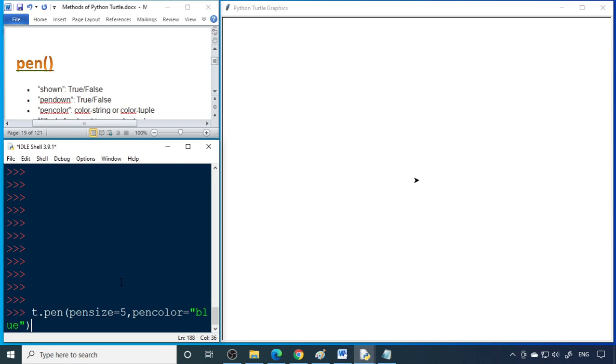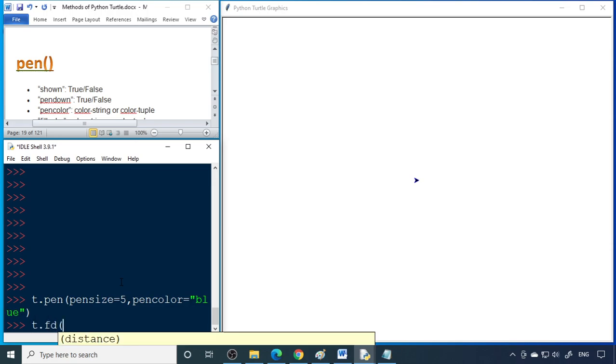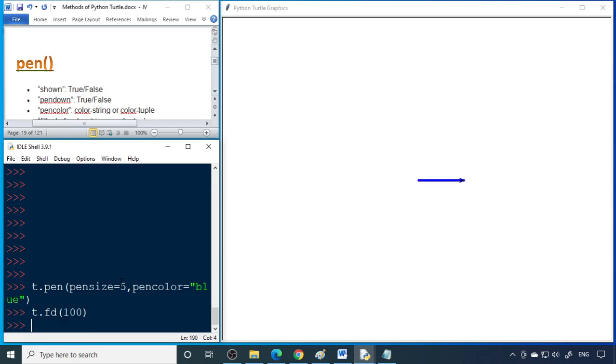Two attributes we can set with the pen method. Now we can say t.fd 100. It's blue color because we set it as blue and the size is 5.